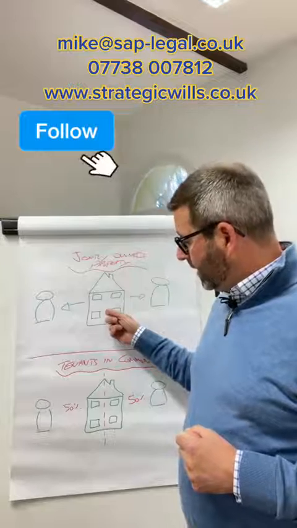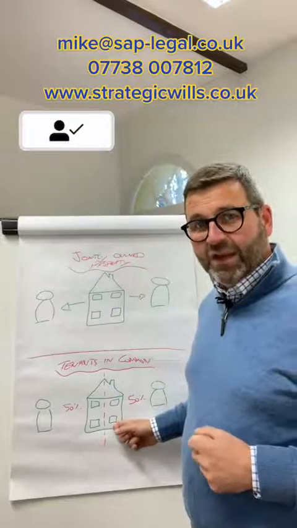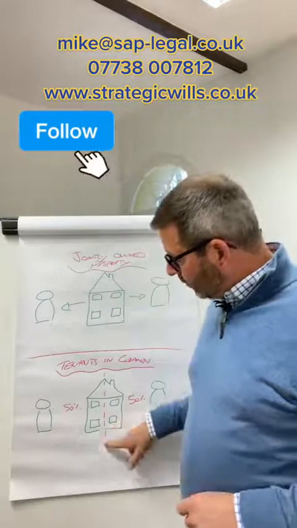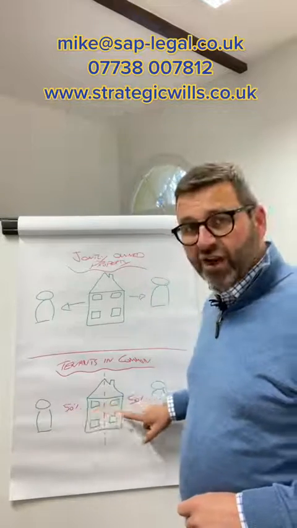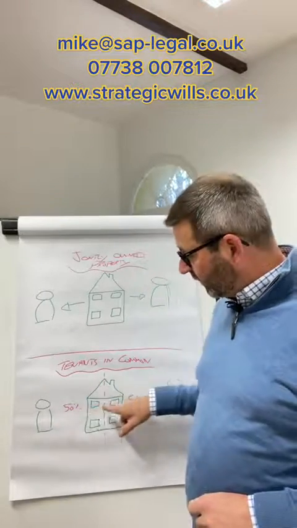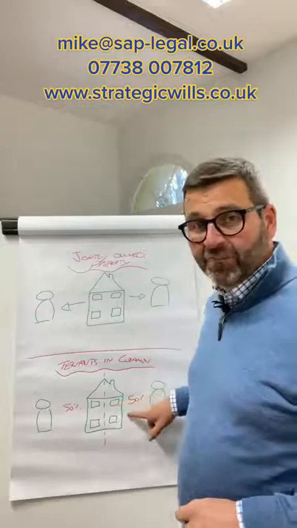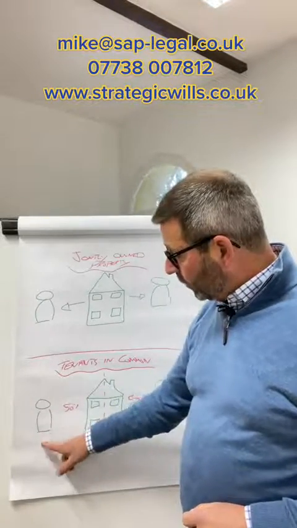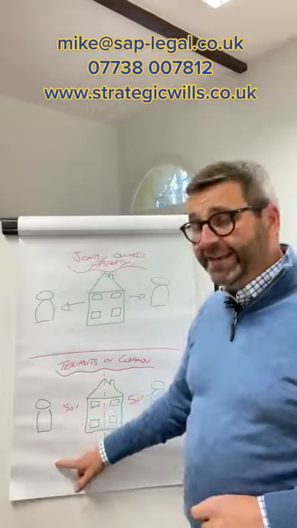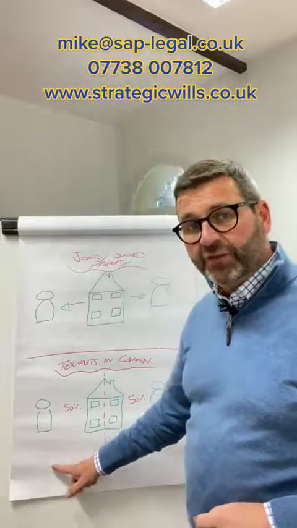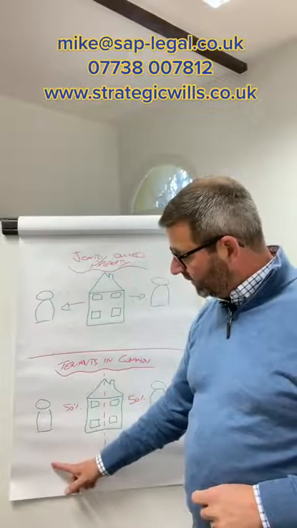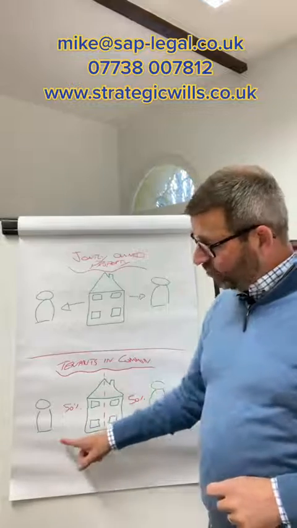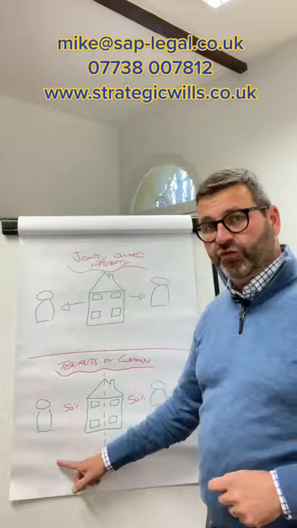pay for care. But had they done tenants in common at this point and separated it so they owned a defined share each, in this situation 50-50, but it can be any percentage, when Mr. passed away, his 50%, we would have ideally recommended that it went into a trust and was held in a trust, and Mrs. would have been made a trustee